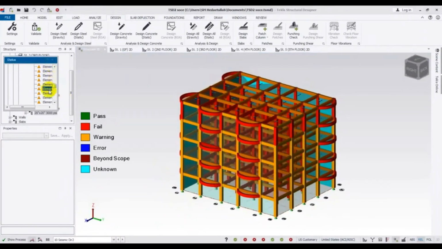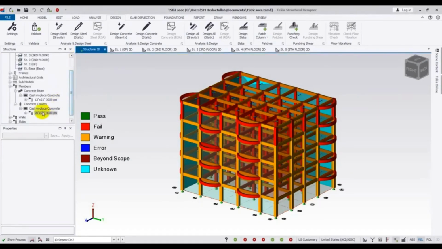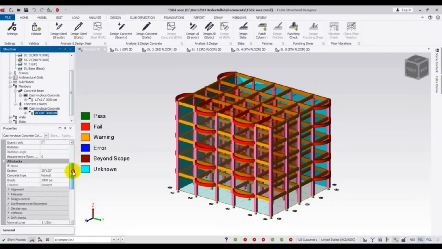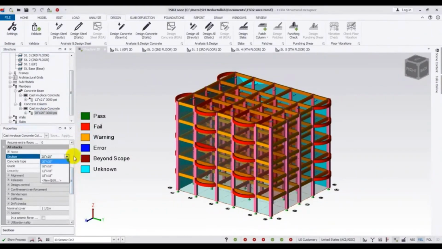So if you take your mouse here, so after that again we'll go here and also will increase its check member and design member. So it's also designed, so I'll go here, select wall member, and I will increase its size,